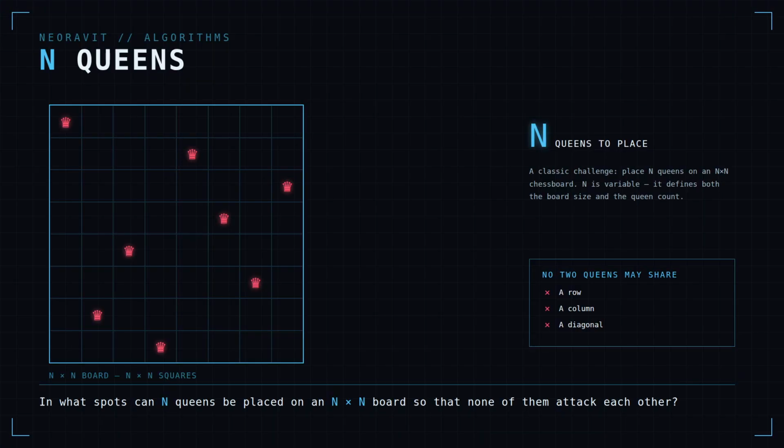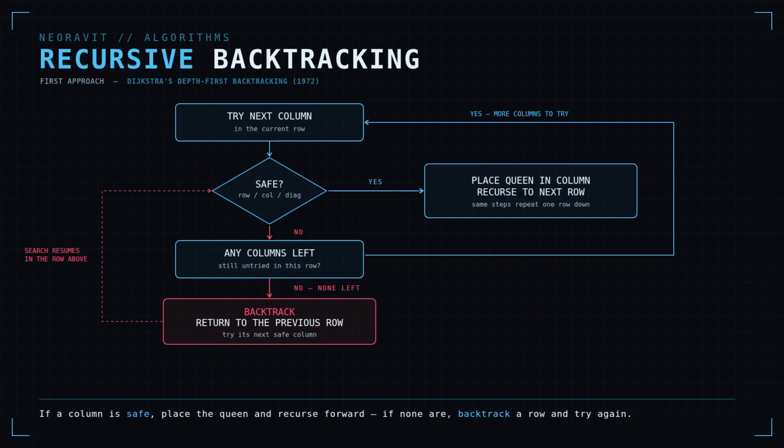So in order for queens to be placed on the board without attacking each other, we can't have any queens in the same row, the same column, or the same diagonal. Initially, I went with the approach that Dijkstra made famous, which is recursive backtracking. Place a queen in the specified row, trying one column at a time, looking for a safe one. If we find one, place the queen there and make a recursive call to go to the next row. If we can't find a safe spot, backtrack by returning from the call and try another safe column in the